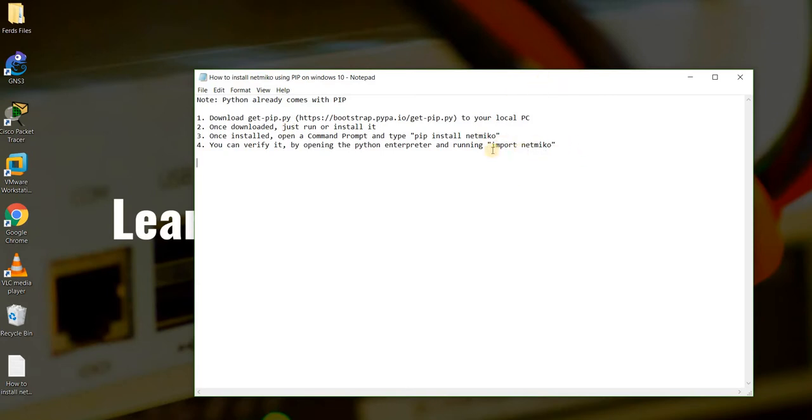And when you run this, and if you don't get any error messages, that means that netmiko is successfully installed. So I'm gonna do this step by step, but